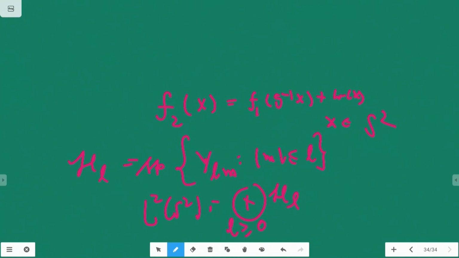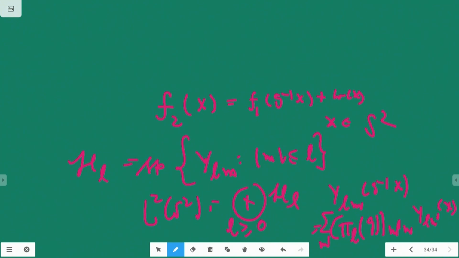It is a 2L plus 1 dimensional subspace, and each HL is invariant under rotations. That means that if you take YLM of G inverse x, that will be nothing but the corresponding representation matrix pi L(G) m prime m multiplied by YL m prime of x, summed over m prime. So it is the same as taking the group theoretic Fourier transform by using the fact that this subspace is